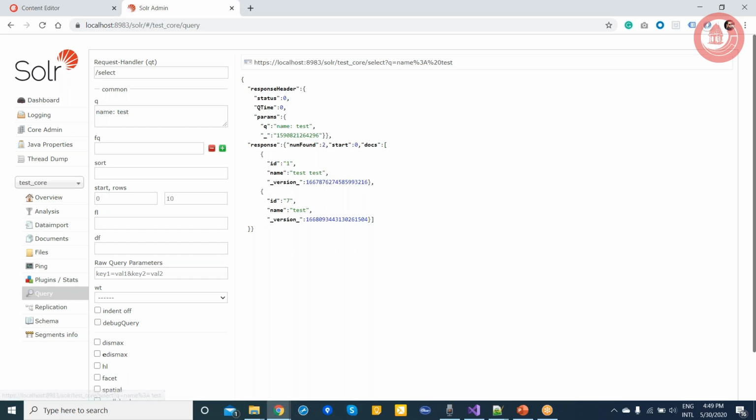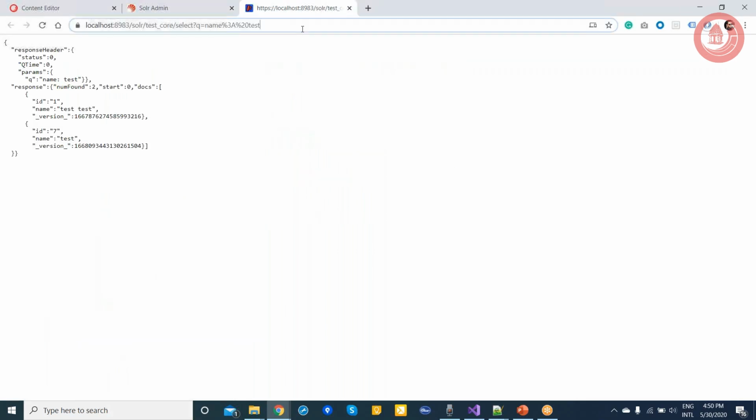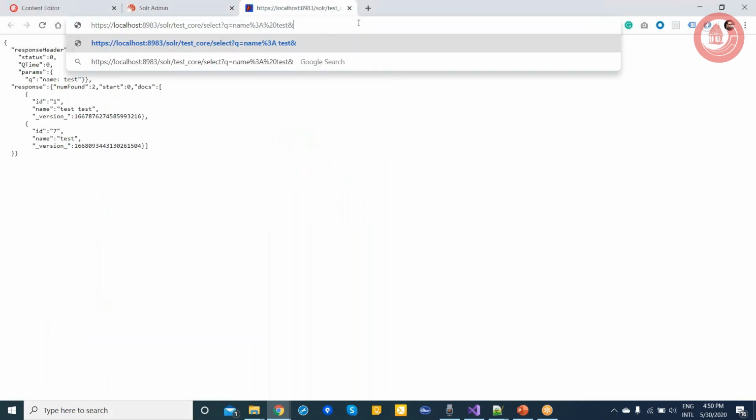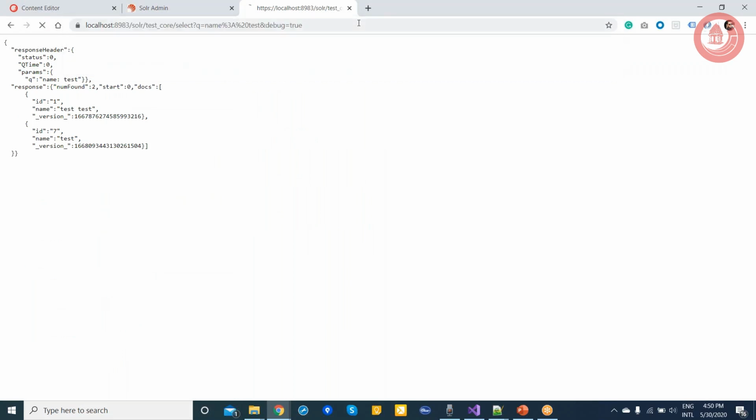Now I want to debug how it ranked, why this test document which has 2 tests came first on the top, and this document has 1 test. So you can just open this query in the browser and put, let's say, debug equal to true.